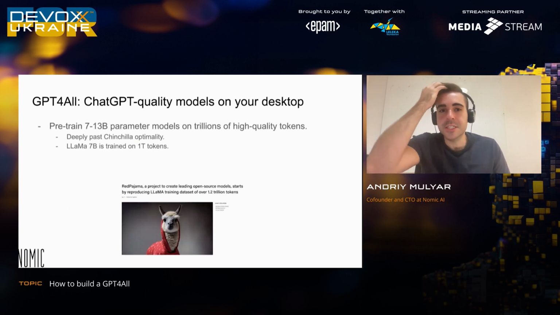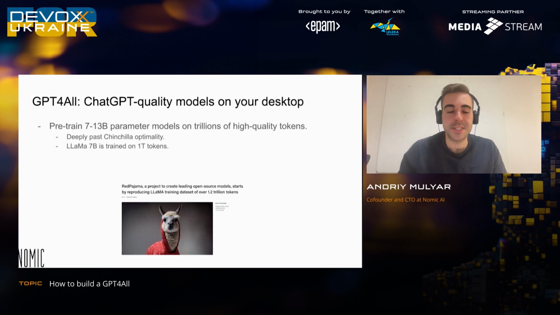So what does it take to get a ChatGPT-like quality model on your desktop? What does it take to get these local models to the quality of OpenAI's models? There are several things. You have to train these smaller models for longer. There are several companies and initiatives working to do this. There's a whole army of people working towards a future where access to this technology is not held in the hands of a few closed source companies.